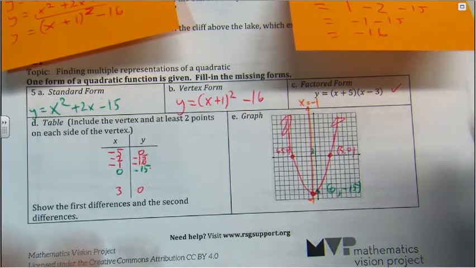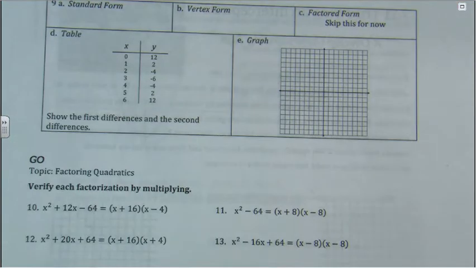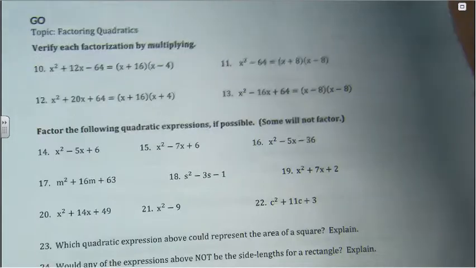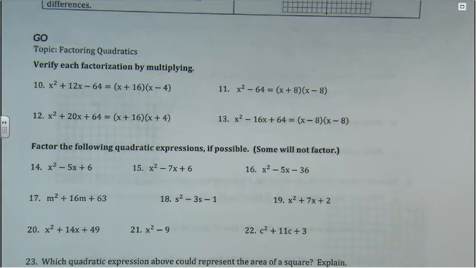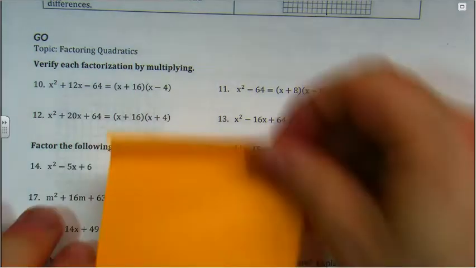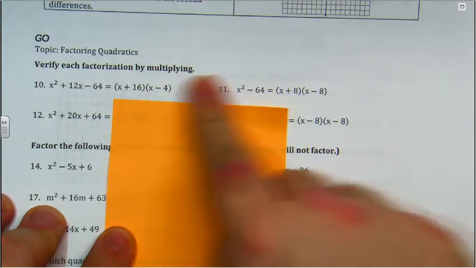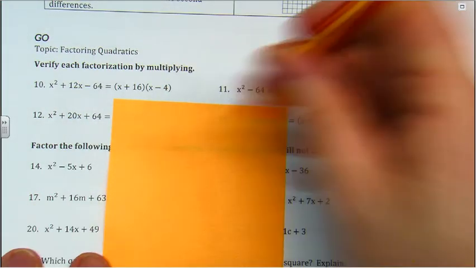All right, let's move on to the final section. And for this one, we're going to be factoring quadratics. What it wants us to do is verify each factorization by multiplying. So what that means is we're going to take the right side and we're going to